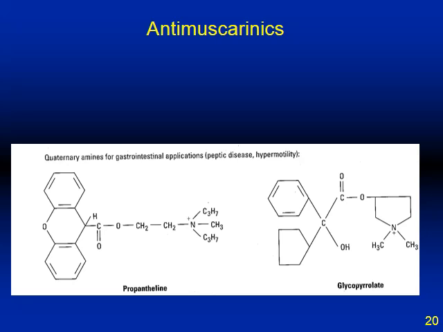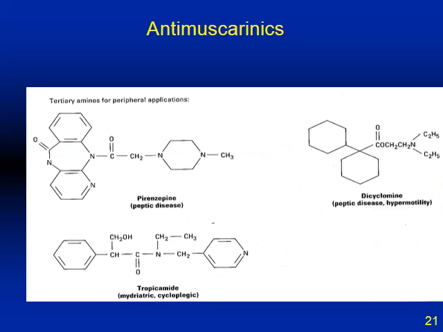So a drug like propantheline or glycopyrrolate, would you predict a drug like that to have a lot of systemic effects? Or will it mostly function where it's needed? And in this case, the gut. And now compare that to the drug on the next slide. In the upper right corner here, you see dicyclomine. Dicyclomine, as you can see, is a neutral compound. It is well absorbed, in fact, and may have some systemic effects, such as blocking muscarinic receptor in the eye, blocking muscarinic receptor in the bronchi, blocking muscarinic receptor in the heart,